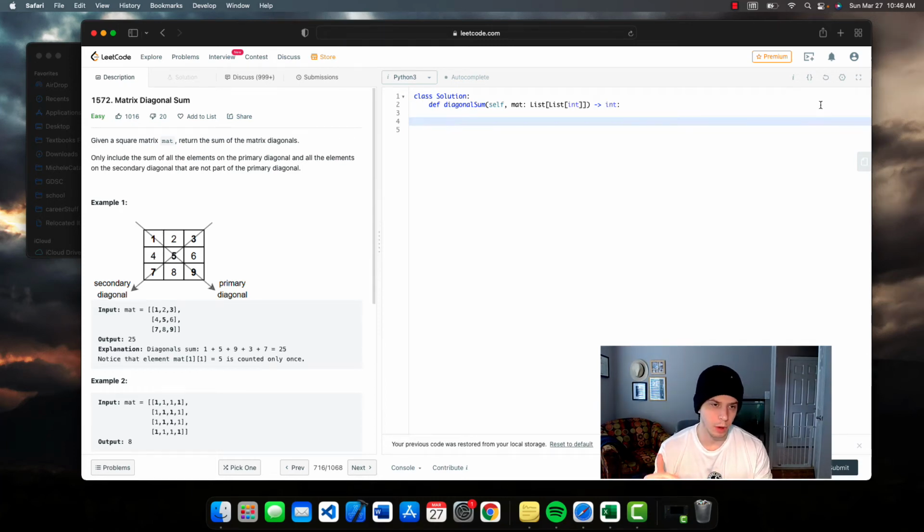Today we got another easy problem. It's matrix diagonal sum. So given a square matrix, return the sum of the matrix diagonals. Only include the sum of all the elements on the primary diagonal and all the elements on the secondary diagonal that are not part of the primary diagonal. Okay? So